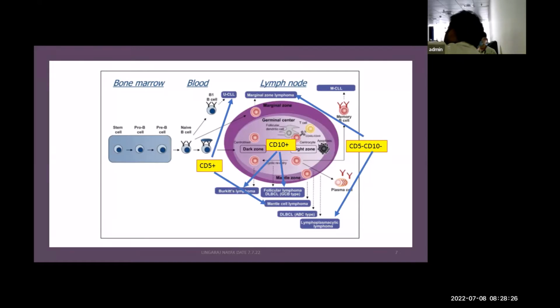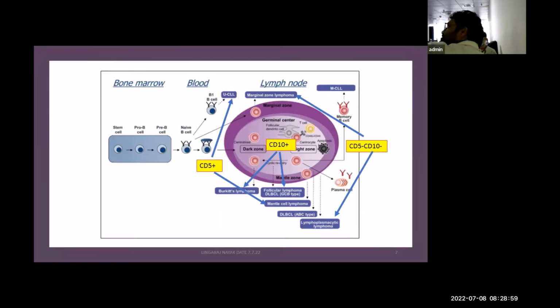The germinal center has two zones. There is a dark zone and there is something called the light zone, right? The dark zone is packed with cells, that's why it is dark, and the cells are called centroblasts. In the light zone, the cells are not as packed as in the dark zone, and there the cells are called centrocytes. Centroblast and centrocyte. There are two important things that happen in the germinal center. There is something called somatic hypermutation, SHM. The second thing is class switch recombination, CSR. These two particular events determine and give you that robust immunity against that antigen as well as the memory cell.